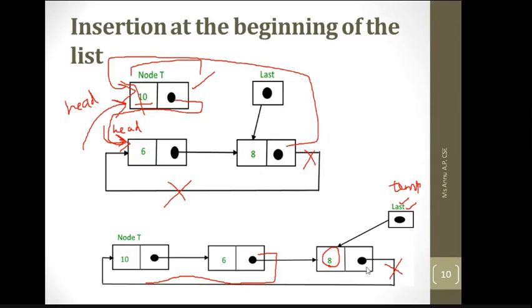Okay, so you need to remove this pointer. And how can you remove this pointer? You can just assign 6 next is equal to 8 next. Okay, and 6 next will hold the address of head, because 8 next was holding the address of head, and now you have assigned the 6 next is equal to 8 next, and that is head of the list. And now with the help of 6 you can access the head of list.